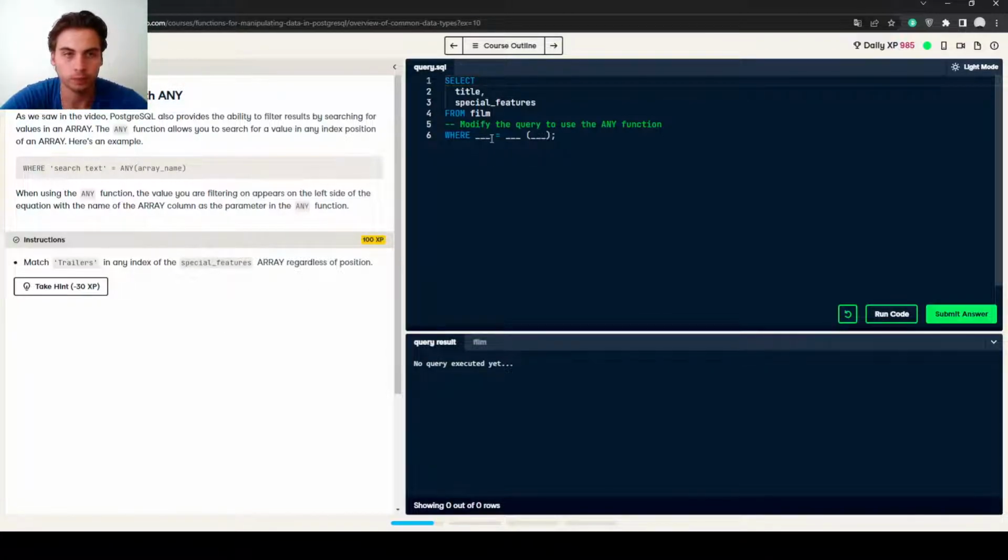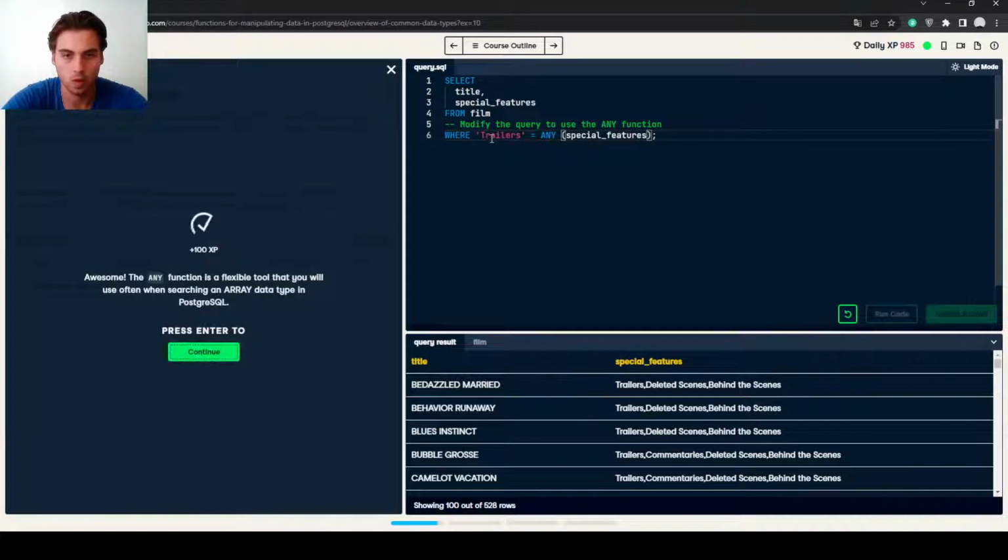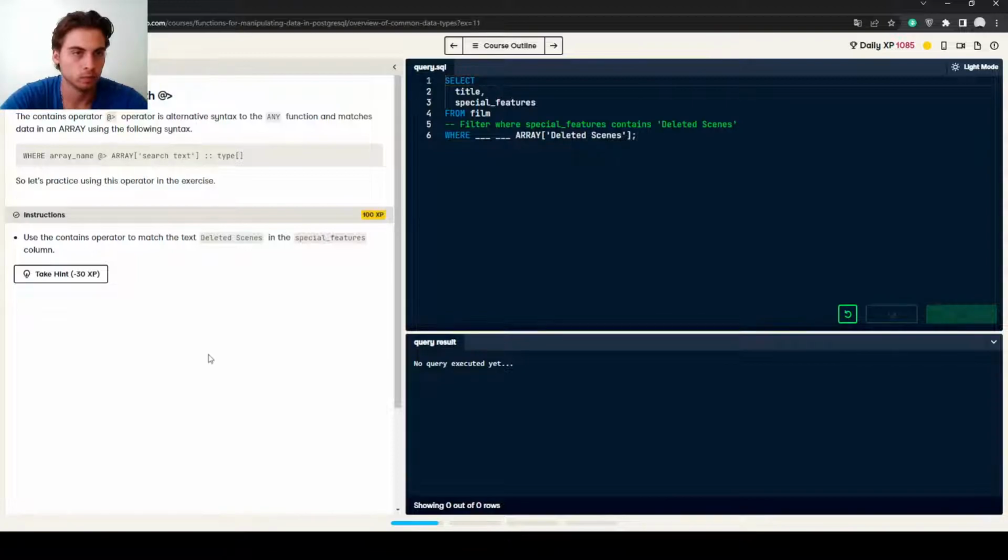Trailers, any, special features. Like this. Excellent. Where array name, the contains operator